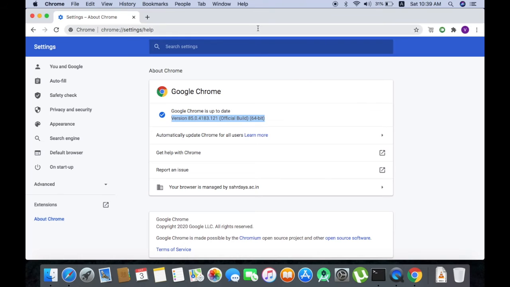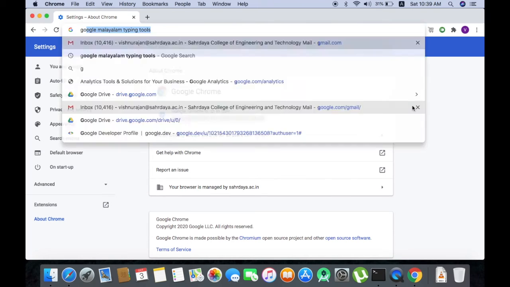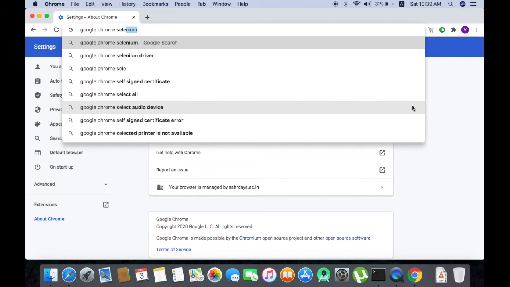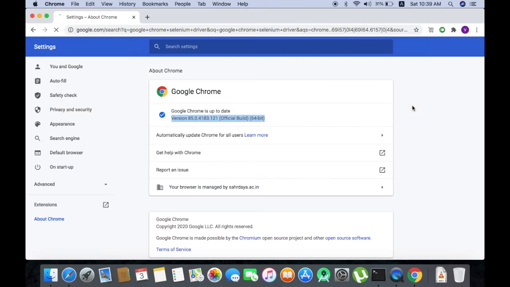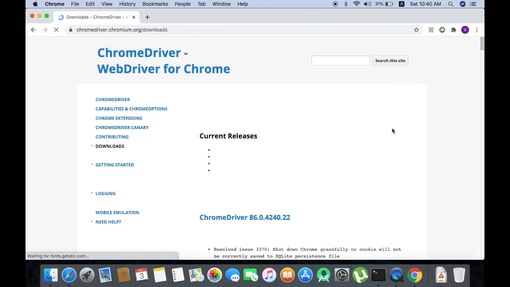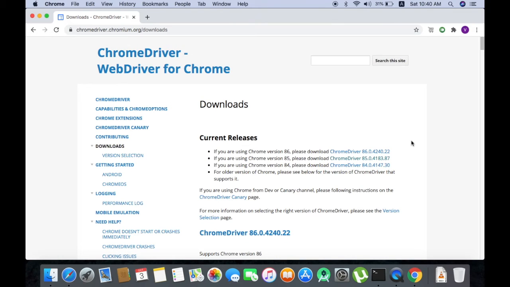And next, you just need to type Google Chrome Selenium driver, and you can directly hit on the first link. In that, you can see a download window opening, and in this you can see several current releases, that is, several versions.